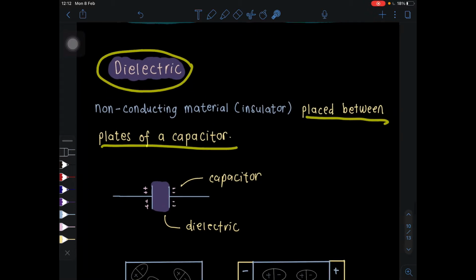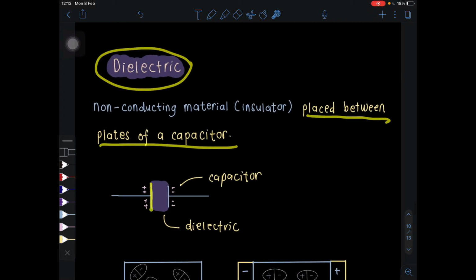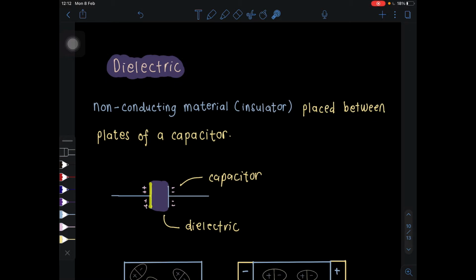So we have a capacitor here. So capacitor ni ada dua plate, metal plates. Usually it will be metal plates. And then dekat tengah-tengah ni, in between, we will insert a dielectric. So dielectric, okay, can be paper or glass, any material that is non-conducting. Okay, so what happened when we put the dielectric in between the